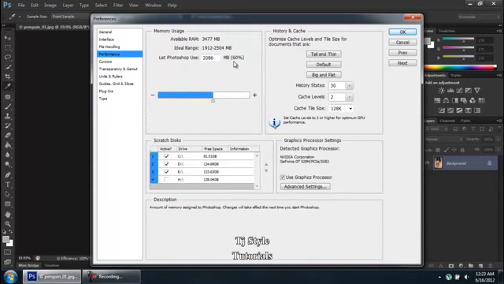Alright, now guys, I have reduced this RAM usage to 60%. Alright, but that's not true. I actually believe in keeping it to somewhere around 80%. Now remember guys, I have changed it to 80% because my computer right now has somewhere around 4 gigabytes of RAM. I actually do quite some work on Adobe Photoshop, and I would want my Photoshop to run smoothly. So therefore I'm increasing this, let Photoshop use my 2807 MB, that is 80% of